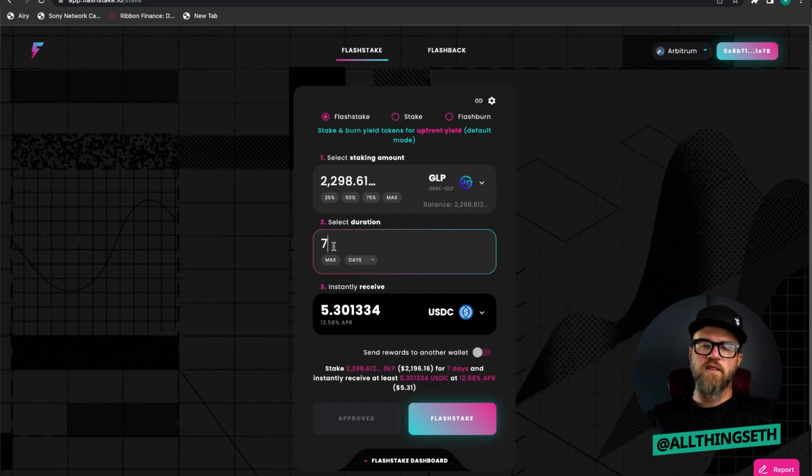So look at what the APR is here, though. 7 days worth of APR here versus the weekly APR over at GMX is going to be 2% different, and this is going to give us upfront yield, which is awesome. If this is ever like magnitudes higher than the actual APR over at GMX, I'll probably do this for longer,